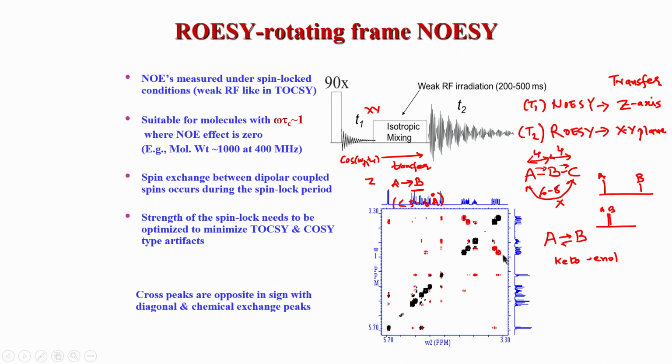But NOESY is not the only experiment. The ROESY experiment can also be used, but the point here is that the cross peaks as exchange peaks will look the same as diffusion peaks. So, exchange and diffusion again can be confusing. Suppose I see a black peak here where the arrow is pointing; the black peak can denote either an exchange peak between some other species, or it can denote spin diffusion between two peaks. We will not go into many more details of this experiment.